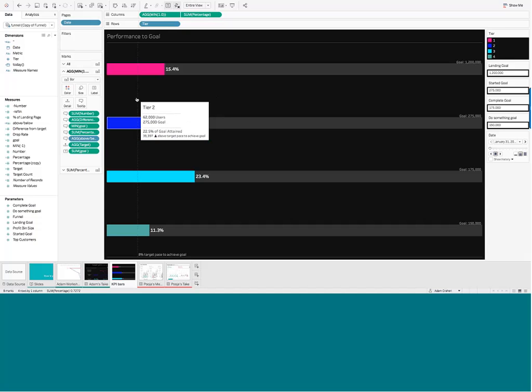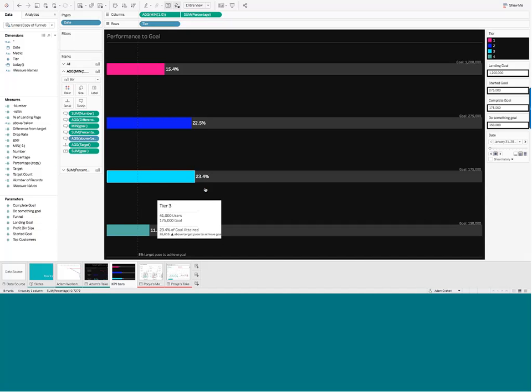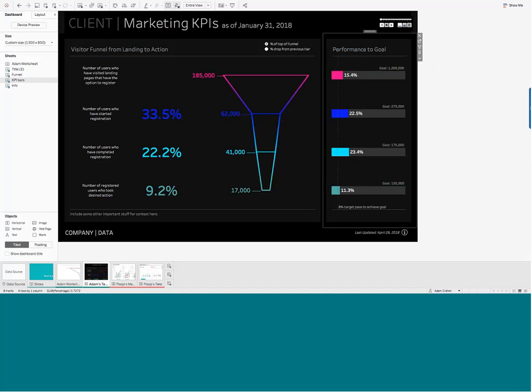As far as Pooja's request to see how far along she is to the goal, what I did is I actually took the number, the target percentage, and divided it by 365, and then I multiplied it by the days between January 1st and today. So as I flip through this chart, as you can see in January, if I go back to my chart, I need to be at 8% on pace to be above, or to be on target to meet my annual goal. So I'm going to hit the pages shelf here, and you'll see this navigate through some of the charts,